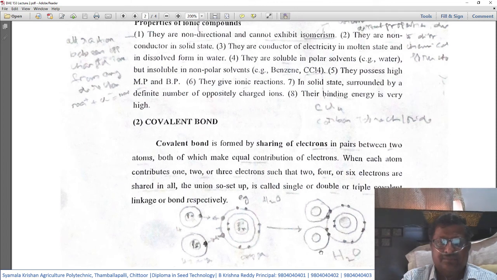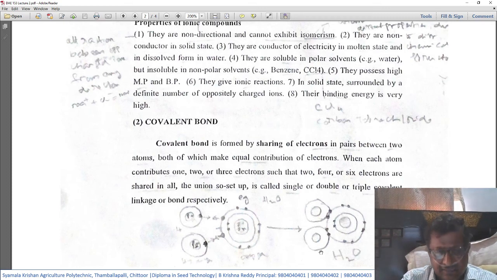This is how it will happen. Here we are showing two directions, two arrows. That is, the electron from hydrogen is shared with an electron of oxygen. Like this, another hydrogen atom shares its electron. Kindly ignore this, it is not there. Actually, 2 plus 2, here another 2. 6 will be there in the outermost orbit.